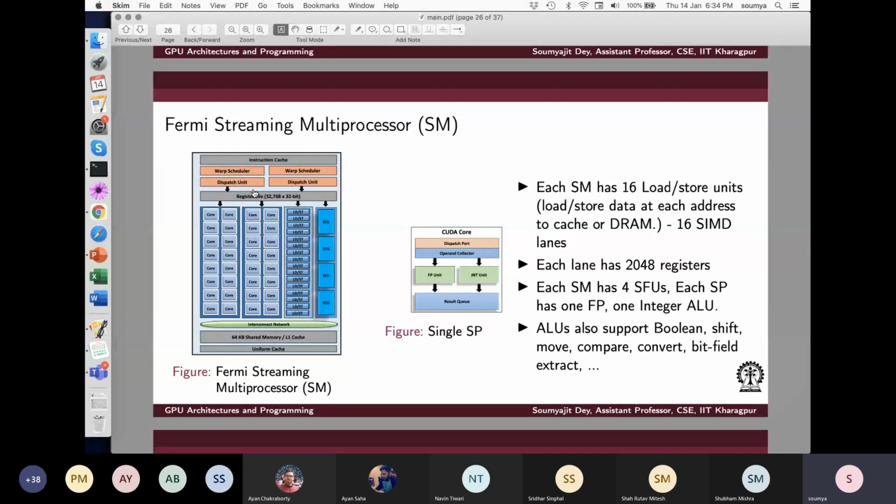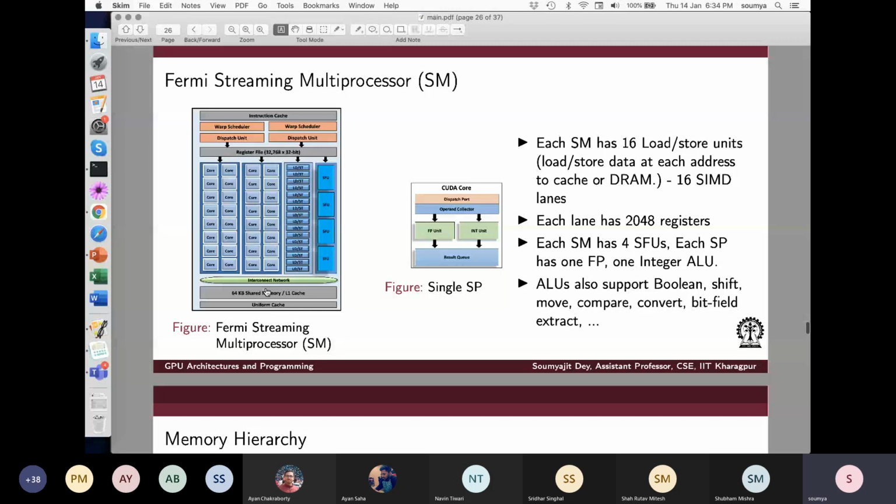What is also common to everybody is the shared memory. If you do something here in the shared memory, that is also transparently seen by every core. So every core can go and change things in the shared memory. But is this whole a shared memory? No. In CUDA, for certain GPU architectures, you can configure the shared memory, some part as L1 cache and some part as shared memory.